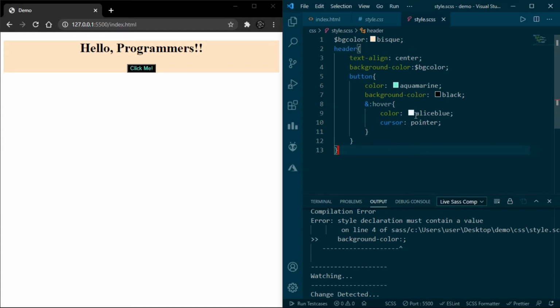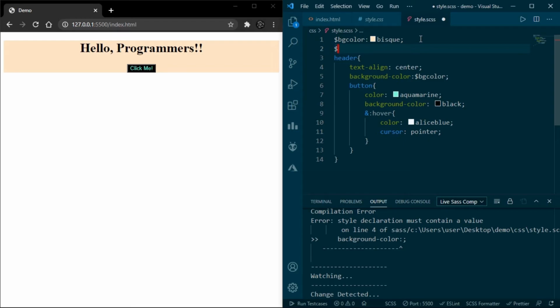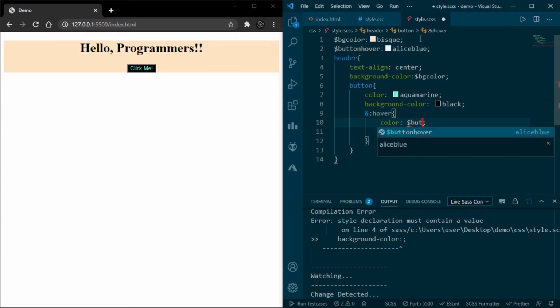And suppose I give the color here, button hover, and I set it to a nice blue, and here I assign it button hover.